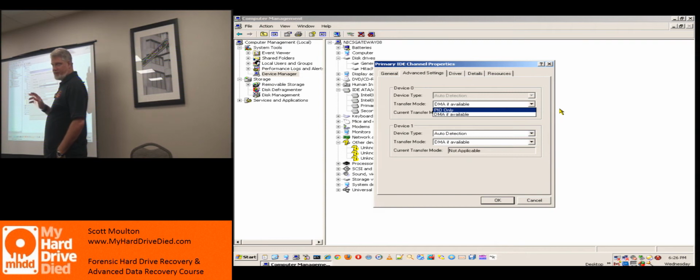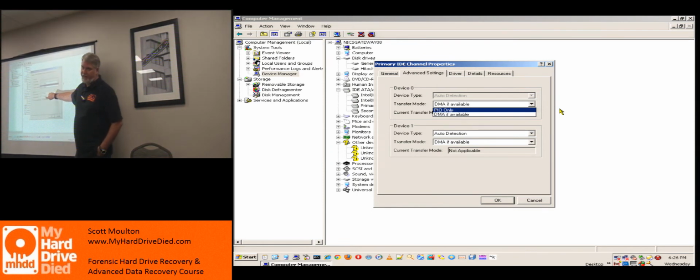FAT32 wasn't in the first release of Windows 95 either. It was still the base of FAT16. FAT32 came in OSR2, and then they added this ability to do DMA. Now it replaced everything right away. Like none of the original releases of Windows 95 survived. Everybody immediately upgraded and then switched to DMA. And then your hard drive was able to communicate over direct memory access, so it did not require every action to be taken by the CPU. Before that, it was super slow.